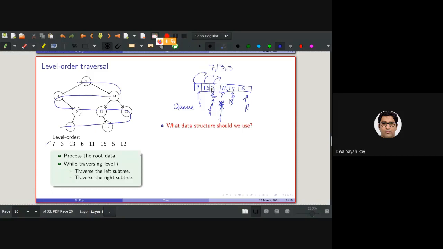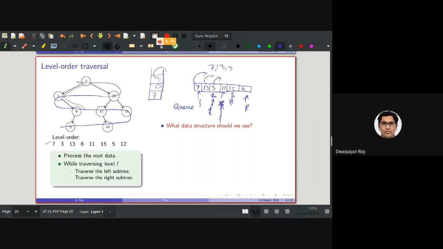So as you can see, whenever I'm visiting one node, the subtree of that node will be visited later, not immediately. That's why one stack will not be sufficient. Because in a stack, if we place in this order 7, 13, and 3, then 3 will be traversed first and it will be going in the depth.